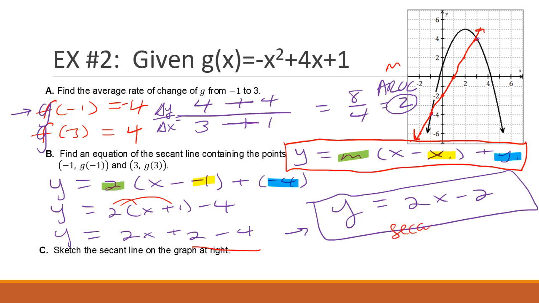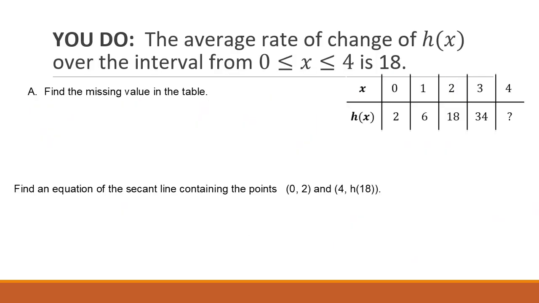So this is my secant line. It's the line that is connecting -1, -4 to 3, 4 from this quadratic model. All right, so